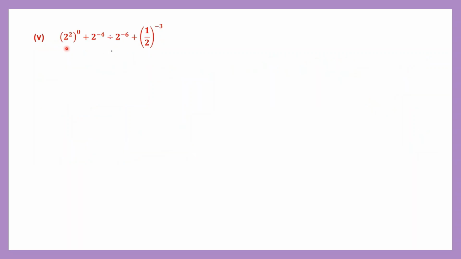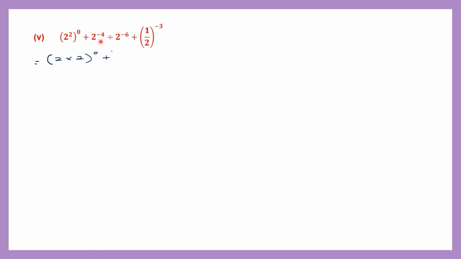Question 5. 2 to the power of 2 raised to the power of 0 plus 2 to the power of minus 4 divided by 2 to the power of minus 6 plus 1 by 2 the whole raised to the power of minus 3. So first let's work out all these things. Let's simplify it. Let's expand. So let's begin with the first one. 2 to the power of 2 will be 2 into 2. So that will be 2 into 2 raised to the power of 0 plus, now the next one is 2